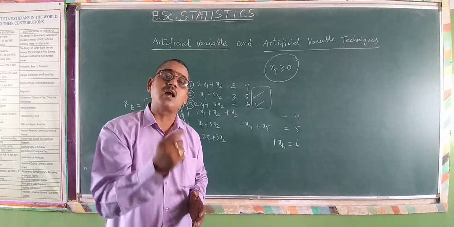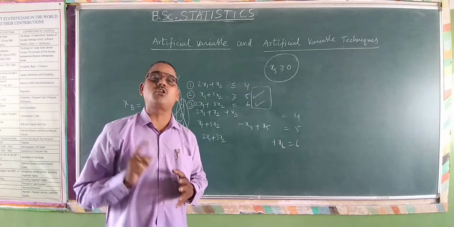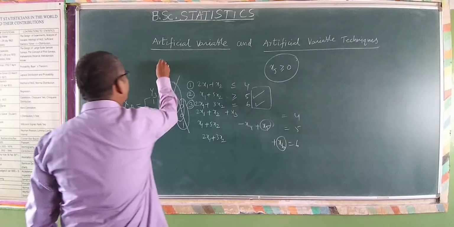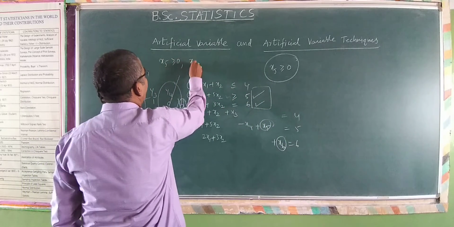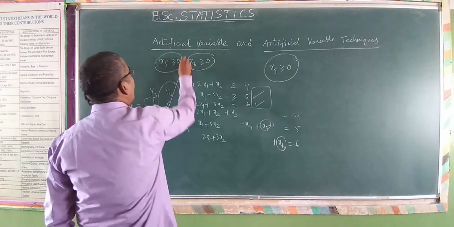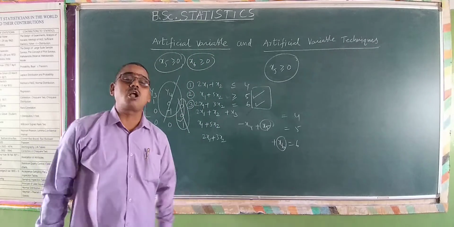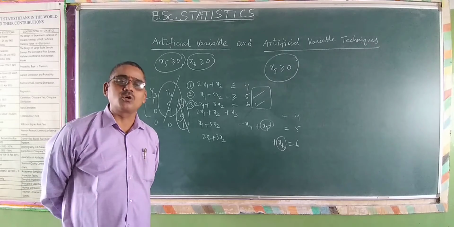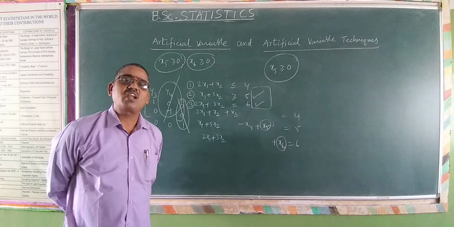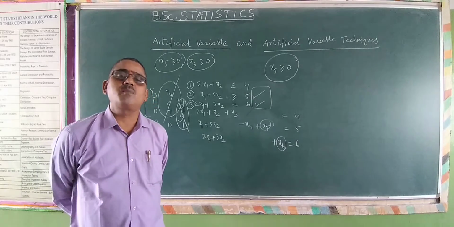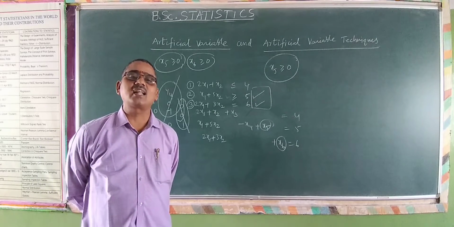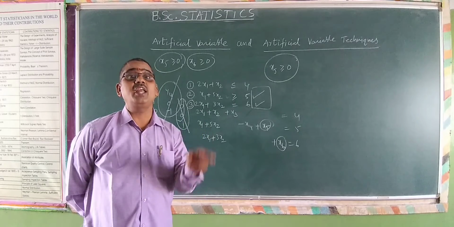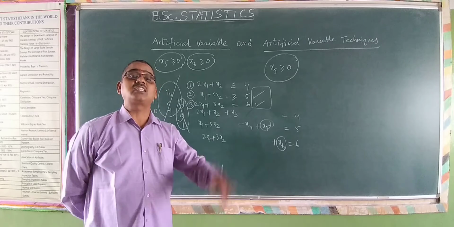Remember, to obtain the initial basic feasible solution, only the variables x5 and x6 are introduced. Therefore, x5 ≥ 0 and x6 ≥ 0 are artificial variables, which are also non-negative variables. That is, at the end I conclude that whichever non-negative variables are added to the greater than or equal to and equal to constraints to provide an initial basic feasible solution, such variables are known